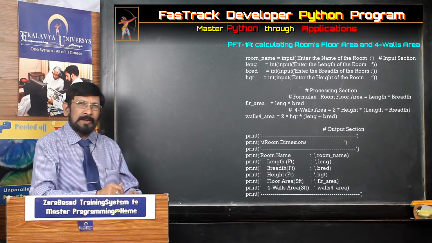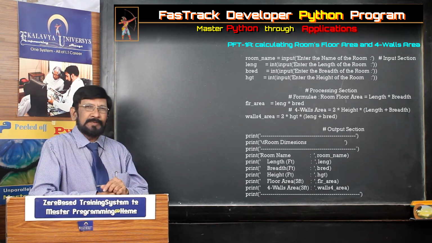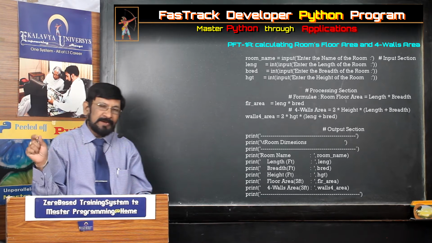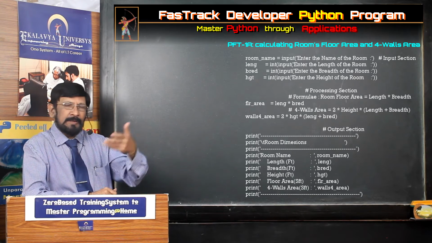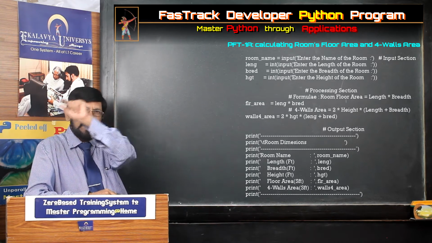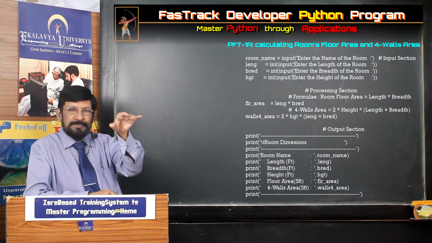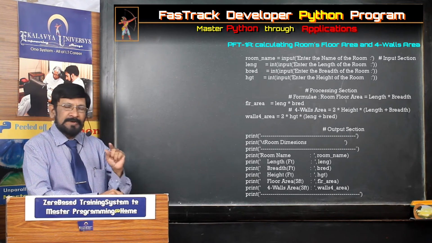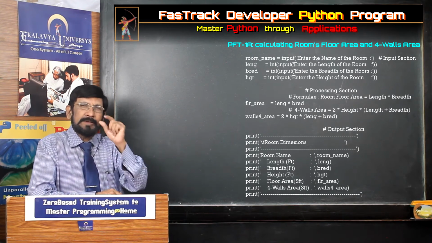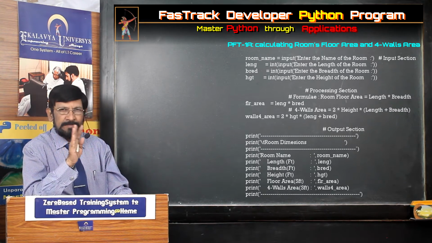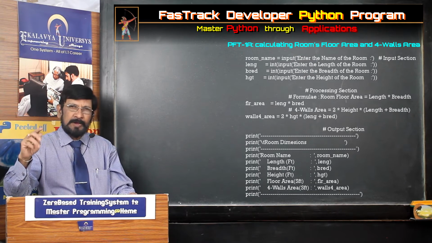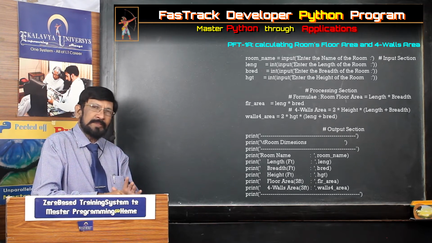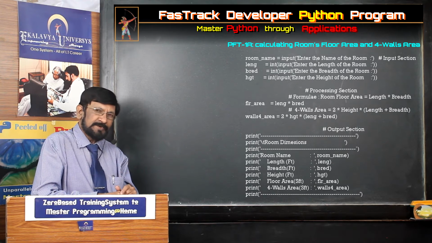It is like a heading of the chapter. You take any chapter in any book, a heading is there. Thereafter, subheadings also are there. If you take any commercial document also, you can find a heading in the name of the subject, and thereafter subheadings are there. Like that, in the documentation section, we write the task of the program in a precise manner. You need not worry about the grammar and all that. Simply, precisely, what is the task of the program, you have to write. That is the documentation section.